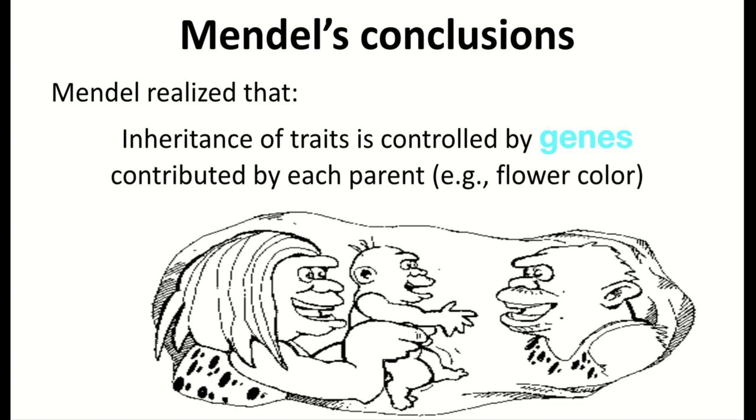So gene, that should be a vocab term we already know, a small segment of DNA. So we know that a gene can turn on or off in order to code for a trait. So if I turn my gene on, it's going to be transcribed into mRNA. That mRNA will go to the ribosome to be translated into a protein, and that protein is expressed into your